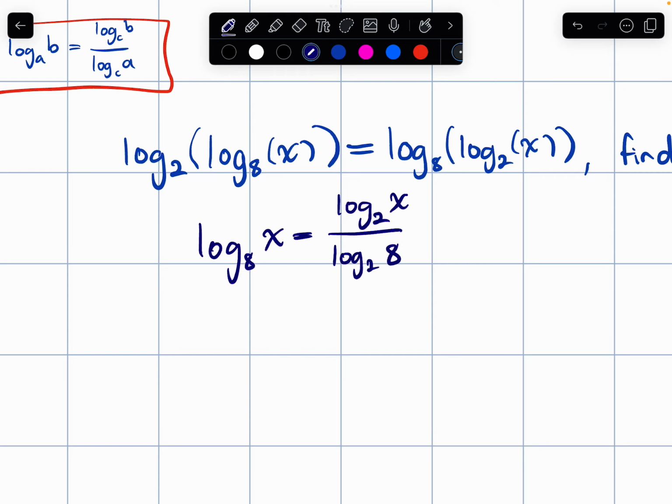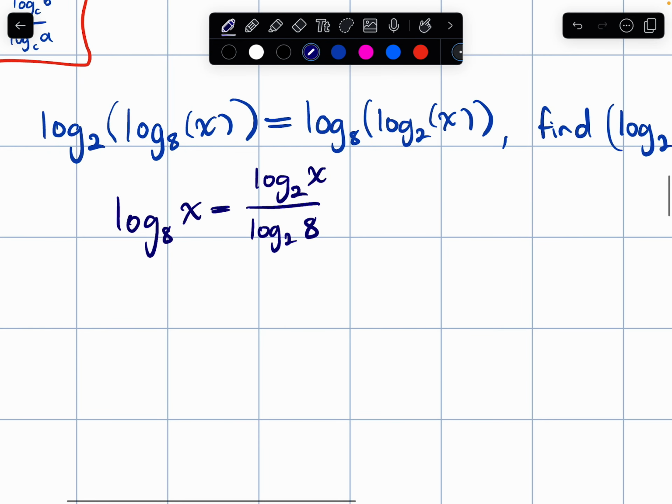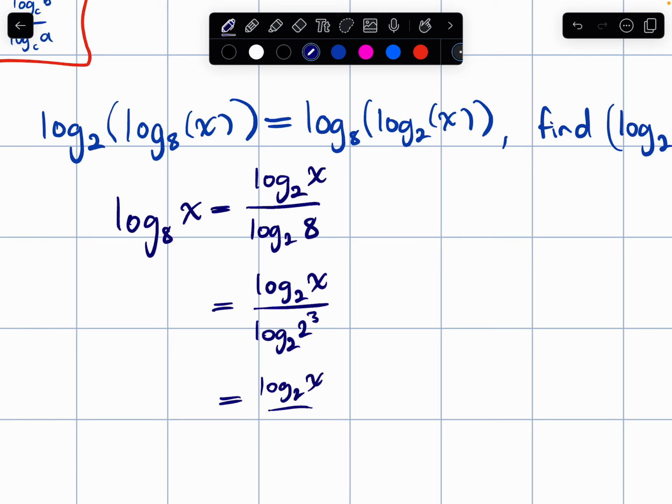And the reason why we choose 2 as our base here is because this allows us to write this as log base 2x over log base 2 cubed. And then this simplifies to log 2x over 3. We can bring it out the front now,